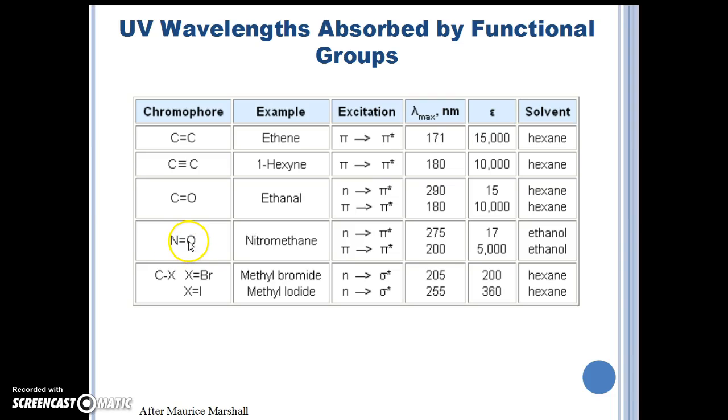Then we have the nitrogen to oxygen double bond, as in nitromethane, similarly at 275 and 200 nanometers. And then when we have halides involved, carbon to a halide, as in methyl bromide or methyl iodide, we're going to see sigma to sigma antibonding transitions, and 205 to 255 nanometers will be seen in your